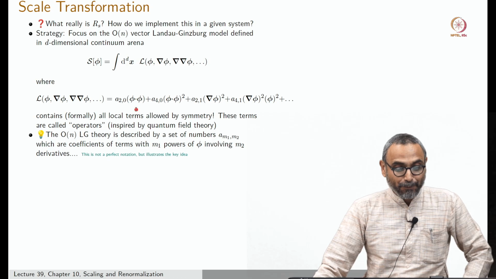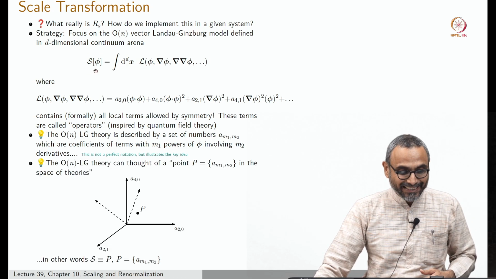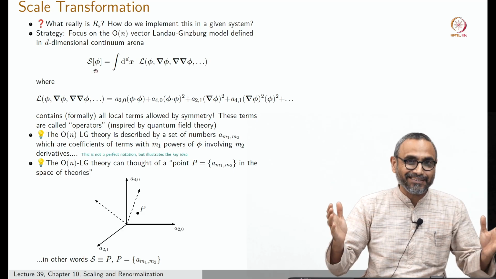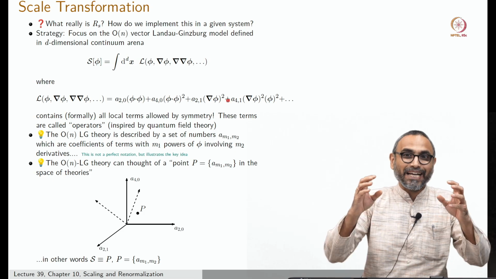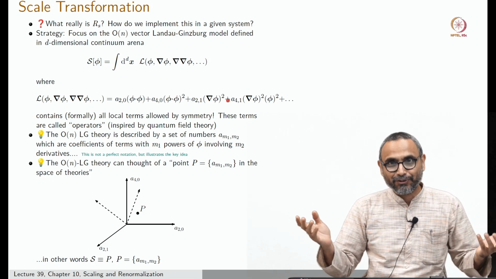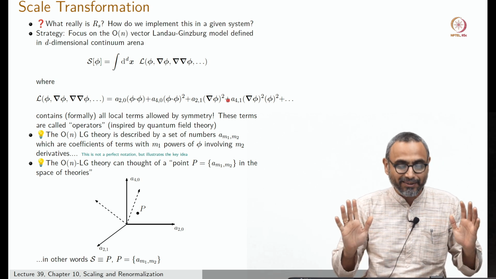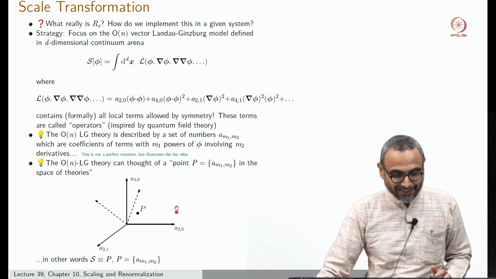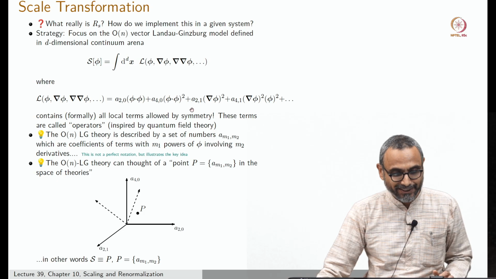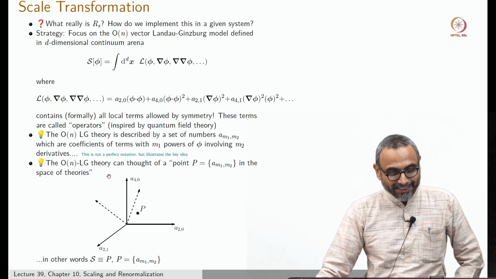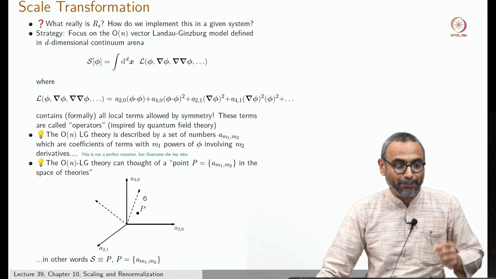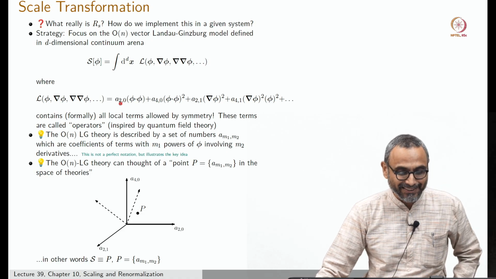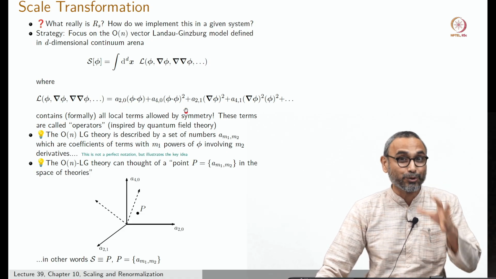So the point is that this action is equivalent to some point in a space of these coupling constants. You take all the coupling constants that are allowed, there could be an infinite number of them, so this could be an infinite dimensional space. I'm just drawing it like a space here, and there are all these coefficients, so these are the axes corresponding to these coefficients. You can think of this action as if it is a point in the space. This point will be labeled by the coordinates, namely this A20, A40, whatever values they have.